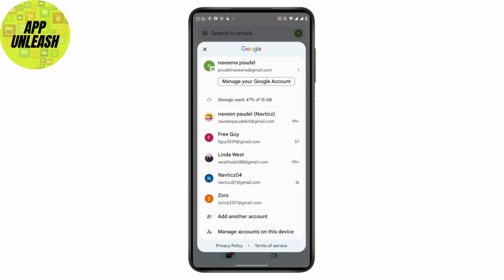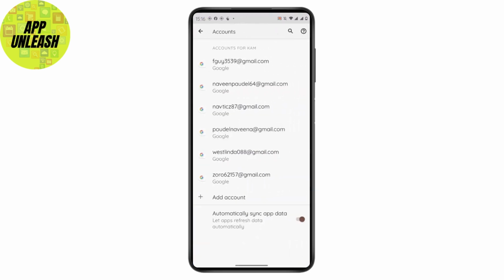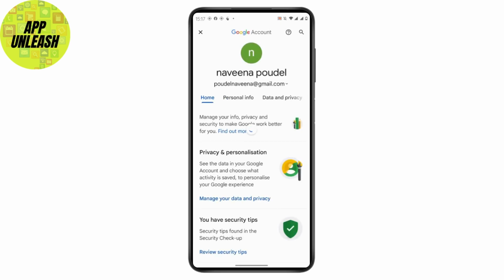After selecting that account, what you have to do is just simply tap on manage account on this device, and after tapping on manage account on this device, just simply select the account that you have previously selected, and after selecting it, just simply tap on Google account, and after tapping on Google account, you will come up to your account